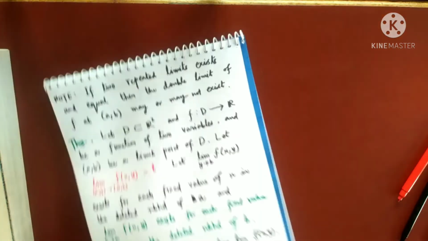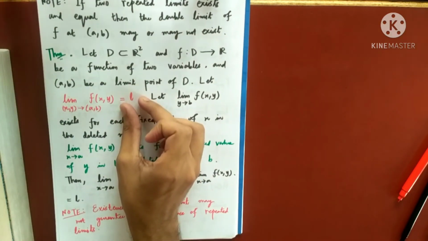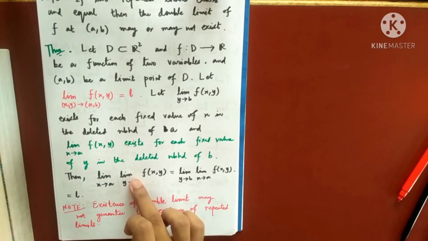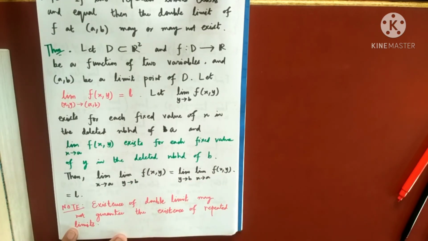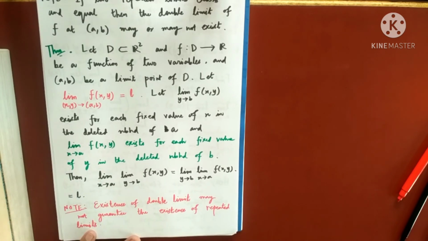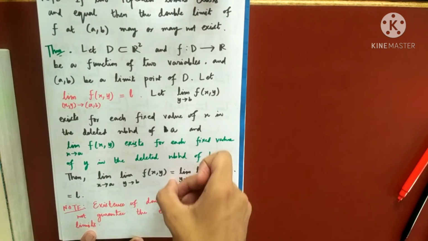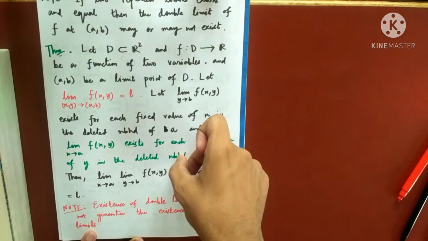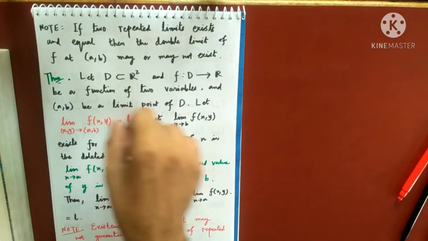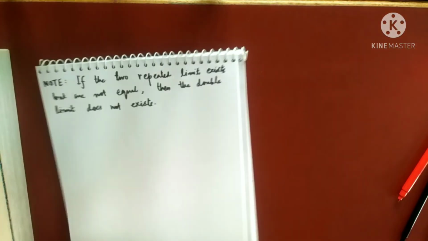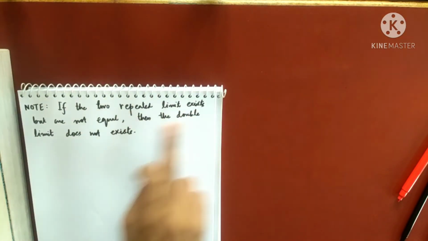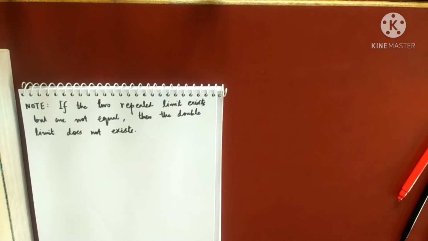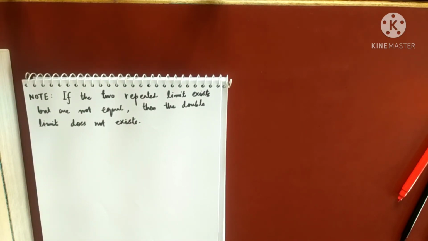You see, if this is equal to L and if this condition is satisfied, then both will be equal to L, right? So if I go in the contrapositive manner, if this does not happen, that means these two are not equal. When I'm saying these two exist but are not equal, this condition has been satisfied. So in that case, this limit cannot exist. So this is what I have written here: if the two repeated limits exist but are not equal, then the double limit does not exist. These are all the possible relations that I have discussed between repeated limits and the double limit.